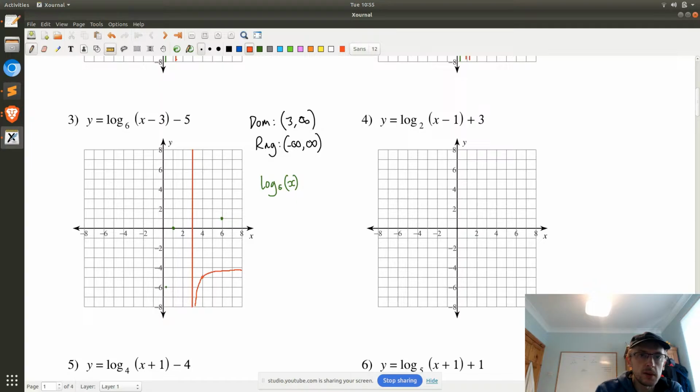That's the asymptote. The domain of this one will be